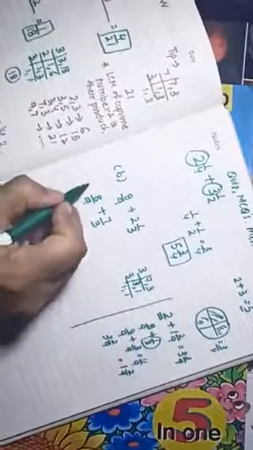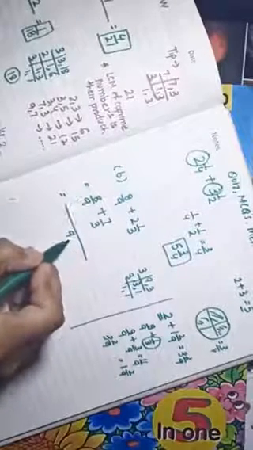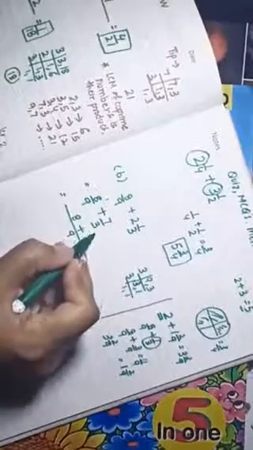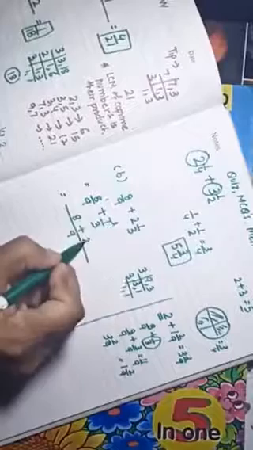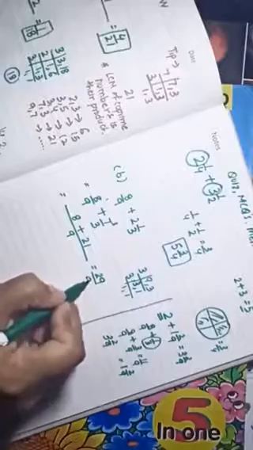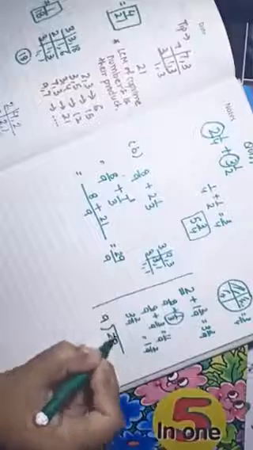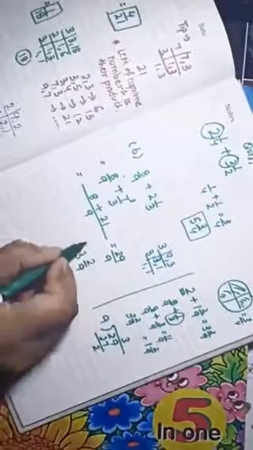Right? So we will draw a long line. 9, how many times is 9? 9 1s are 9. So this will be 8 1s are 8 plus 3, how many times is 9? 3 3s are 9. So this comes 3 here. 7 3s are 21. And 21 plus 8 is 29 upon 9. So let's convert it to mixed fraction. 9 3s are 27. So we have 3 wholes, 3 2 upon 9. So this is the same answer we got by mental addition.